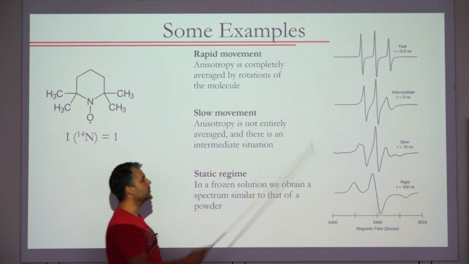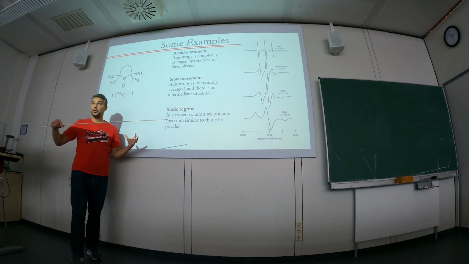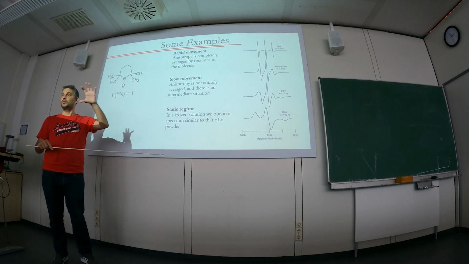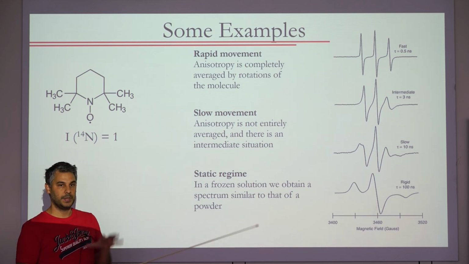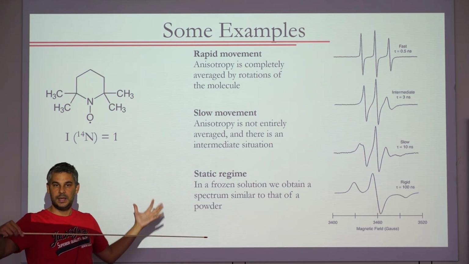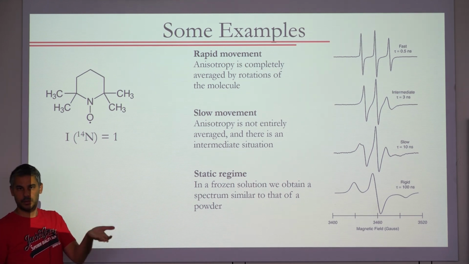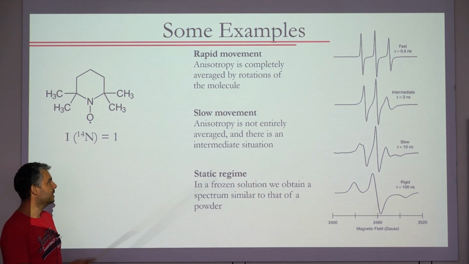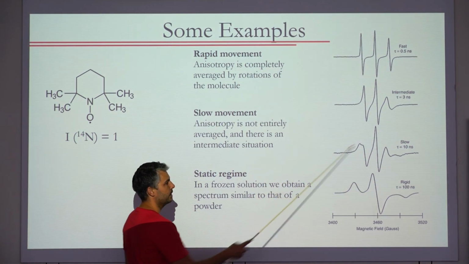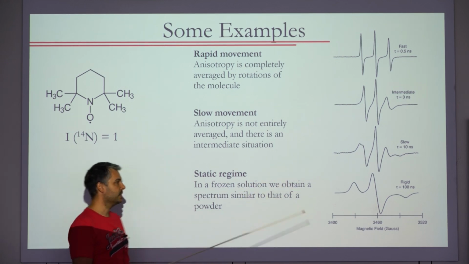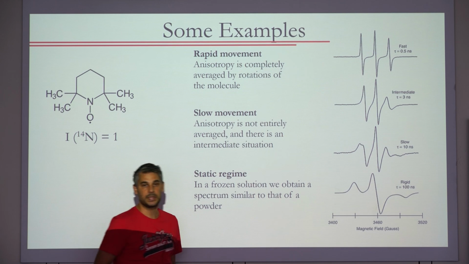When you start to cool down, you start to have viscosity effects. The same happens if you have big molecules. If you try to measure a copper complex, even at room temperature, it will look like a slow motion regime, because the molecules tend to be large and the anisotropy is so large that it's not completely averaged unless you heat up a little bit. So that is the slow movement regime, which has different limiting cases. And when you freeze it, you go to the static regime, which gives you a rhombic spectrum, but